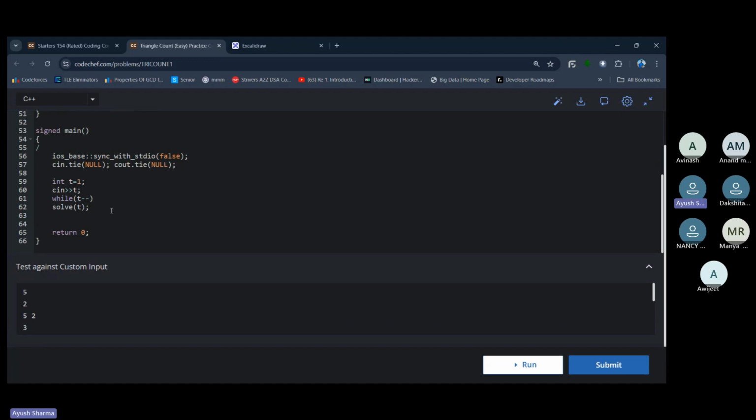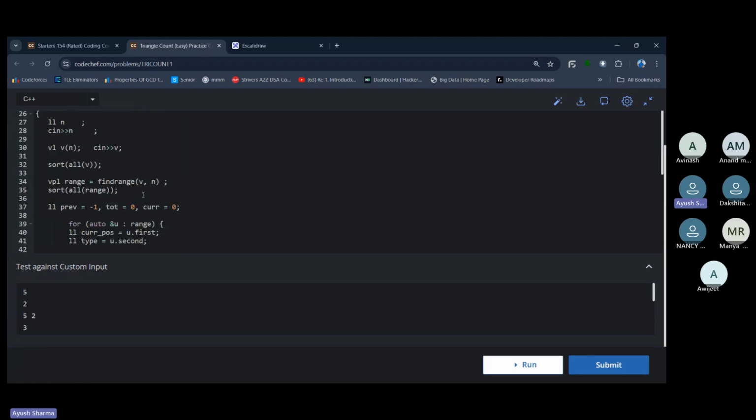So let's start from here कि like we are taking the test cases and calling the solve function, है ना।